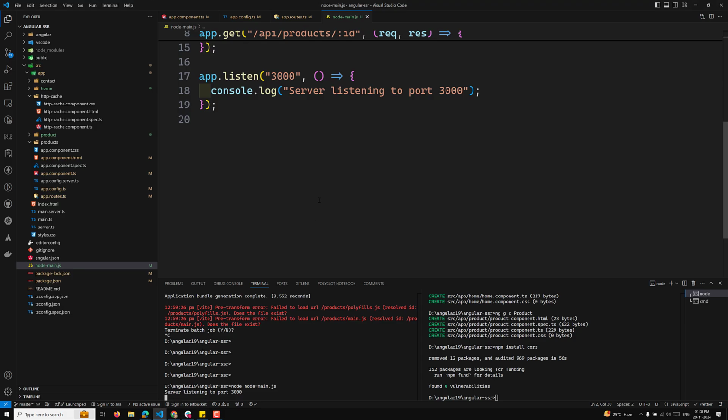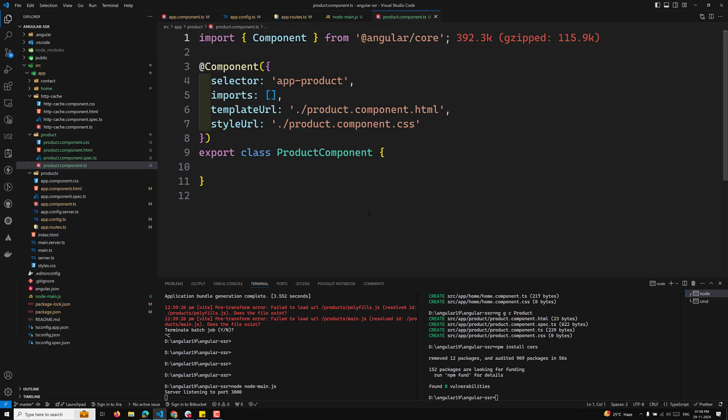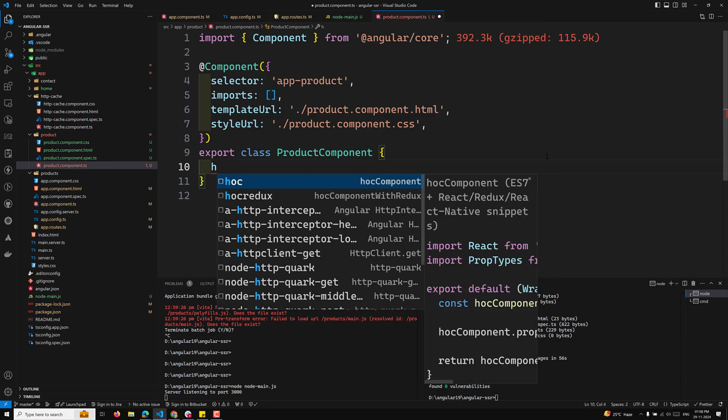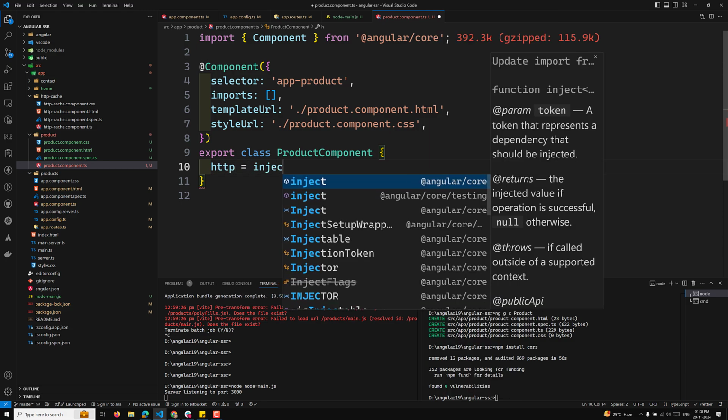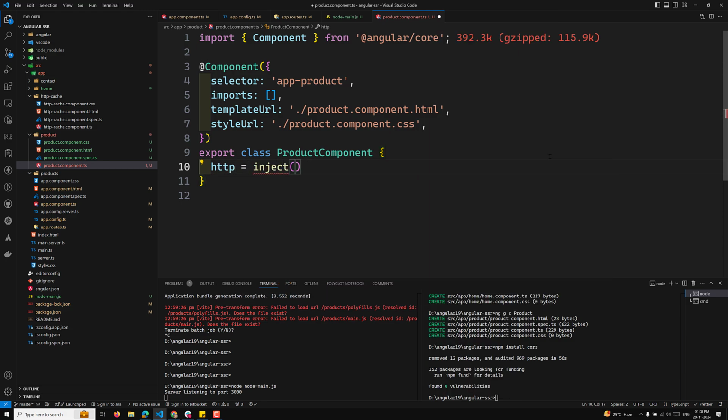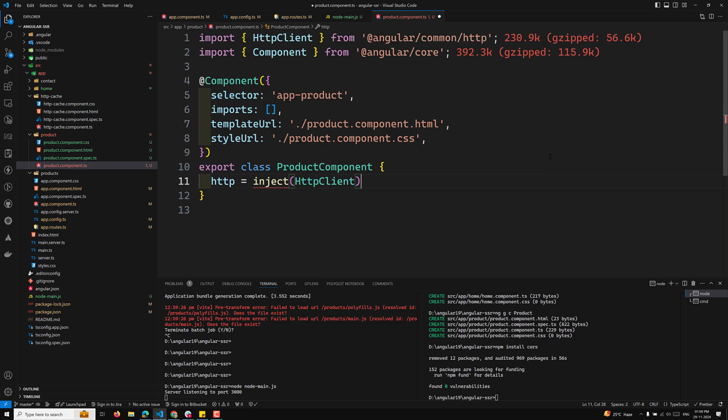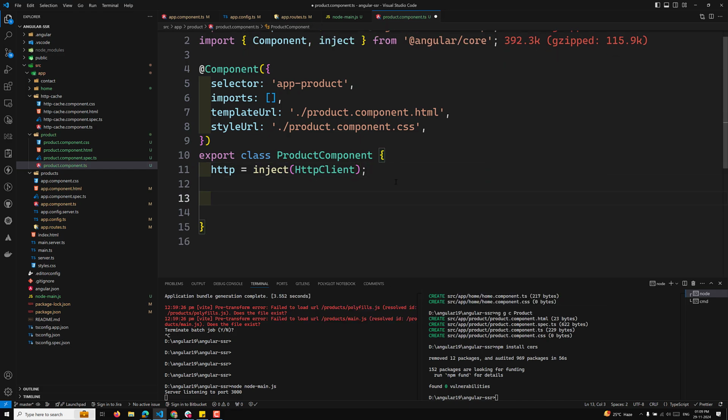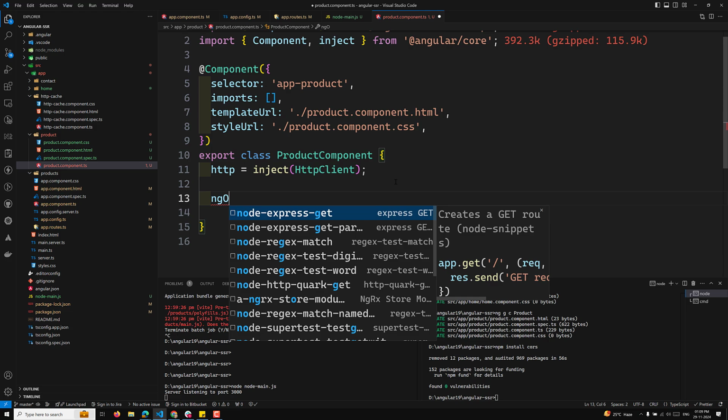In order to implement this, we need to go to the product.component.ts file, and here I need to inject the HTTP. HTTP is equal to inject of HttpClient. And here we will be getting the request params ID. So what I will be trying to do here is on init,